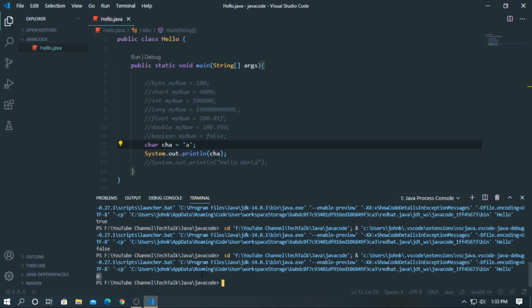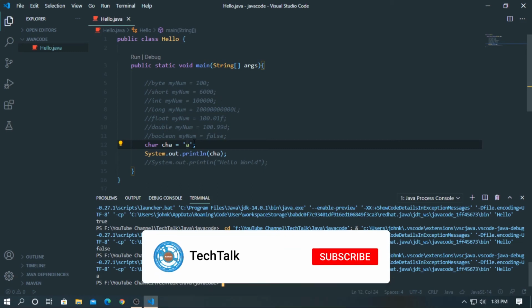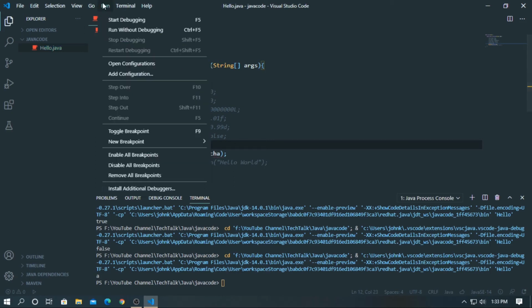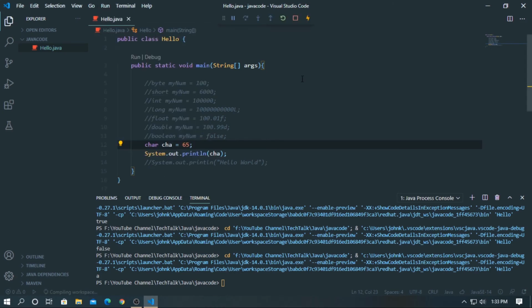It's printing the value A. Alternatively, we can use ASCII values to display certain characters. For example, we can use 65 instead of A. Let's see what happened.